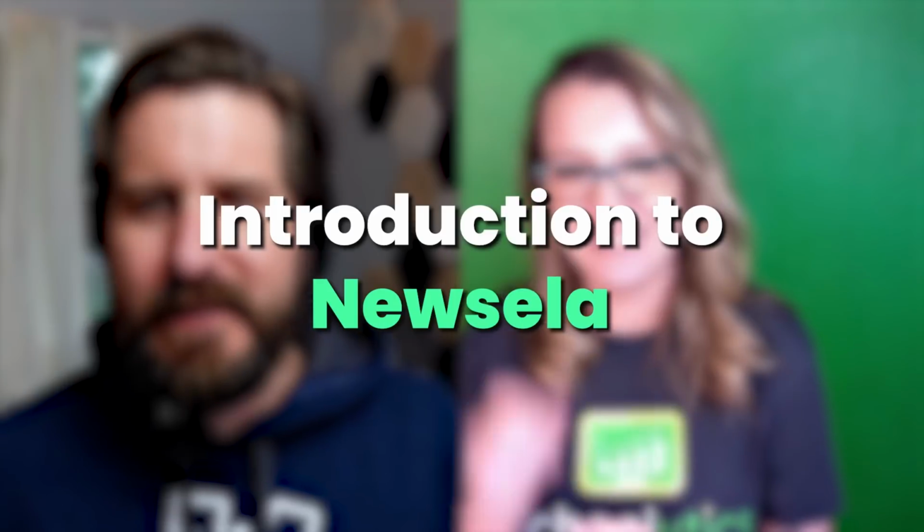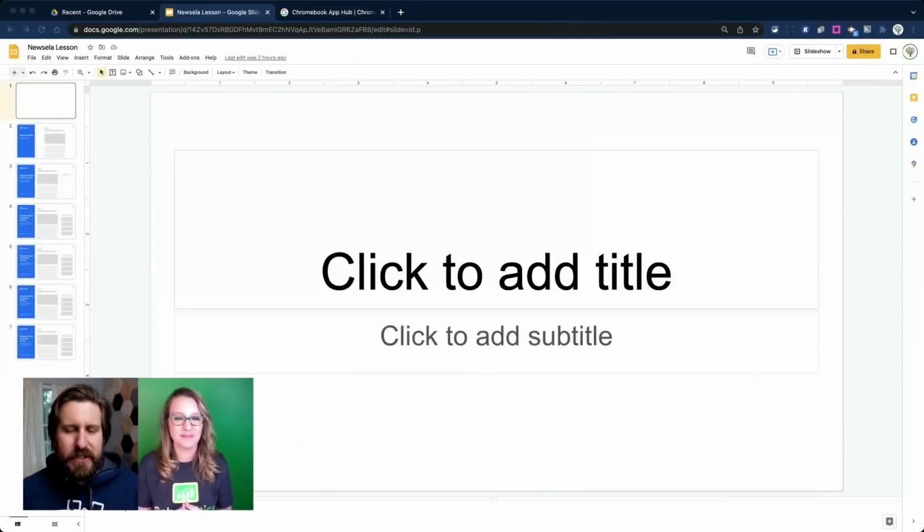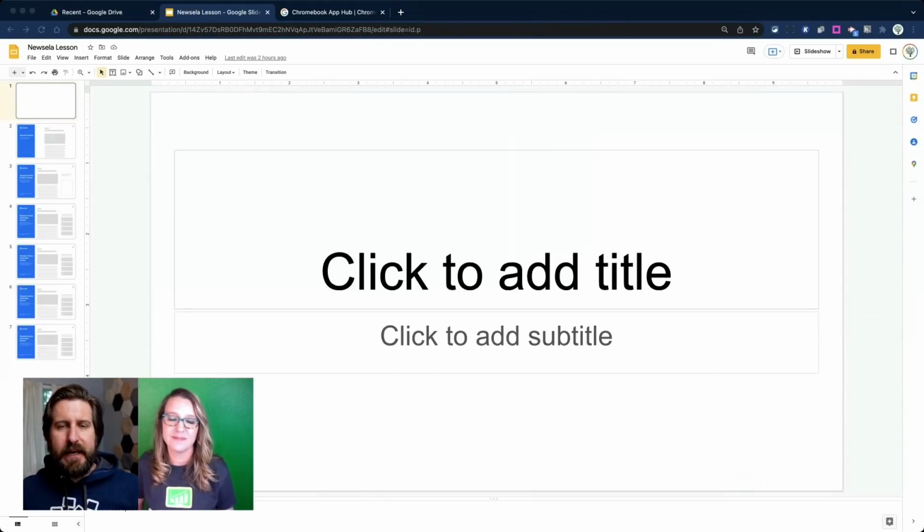Let's kick off with a must-have app for Google Classroom teachers. This is the Newsela add-on. Let us know in the chat too if you are a Newsela user, if you have a Newsela account. You do need to have a Newsela account. You do not need to have a pro Newsela account. It is going to limit some of the access to articles and things like that, but anybody should be able to use it. I'm almost 100% sure I signed in with my free Newsela account here,